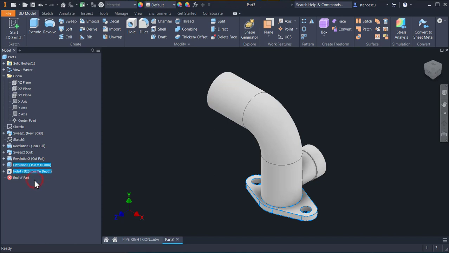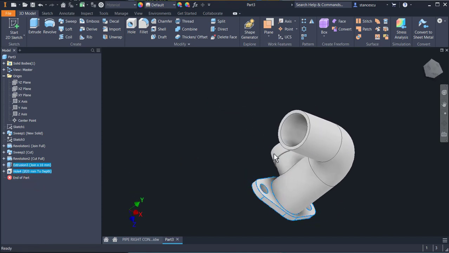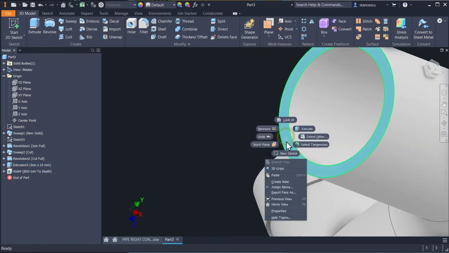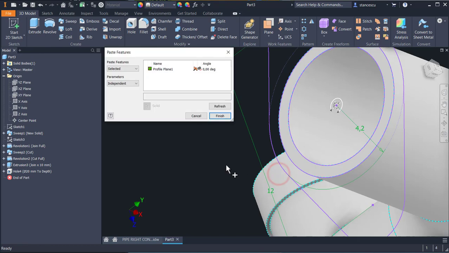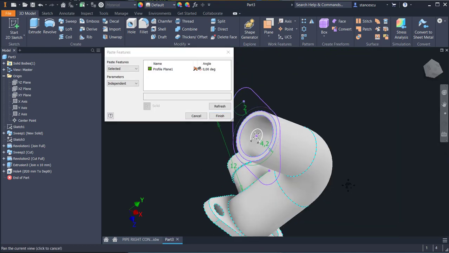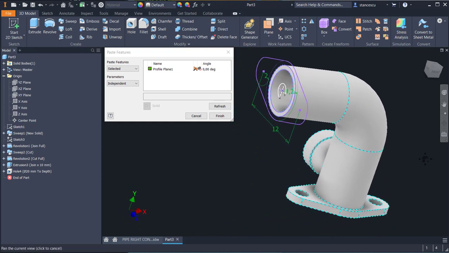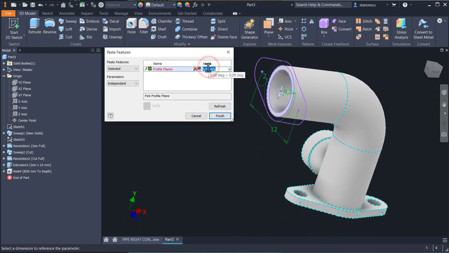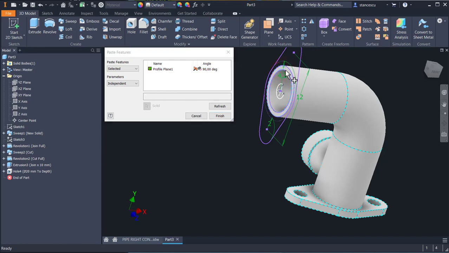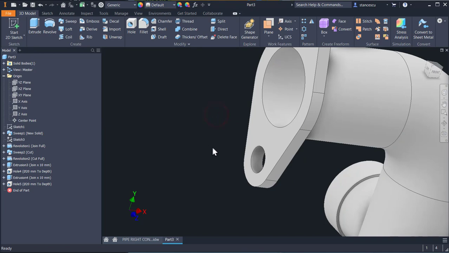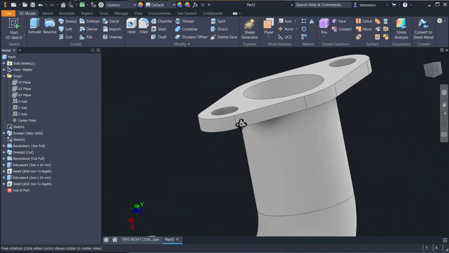copy, and then I select this face and I apply paste. The angle is not good, yes, you see. So I apply 90 degrees here, and I need to reselect the face. Finish. This is the copied